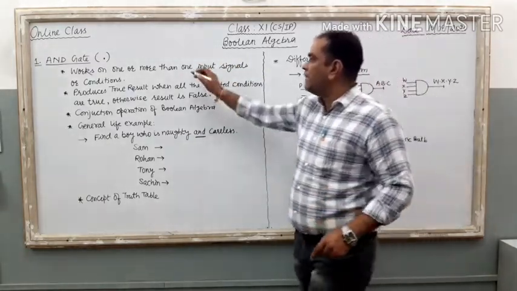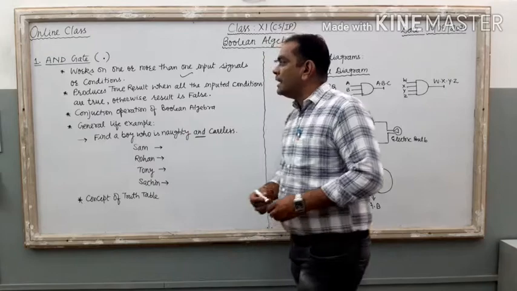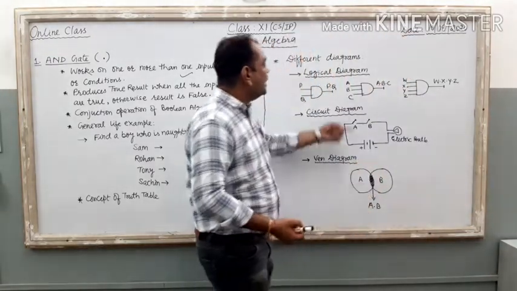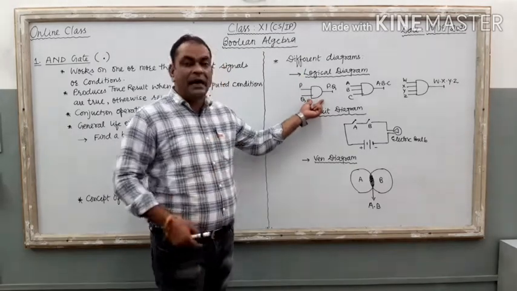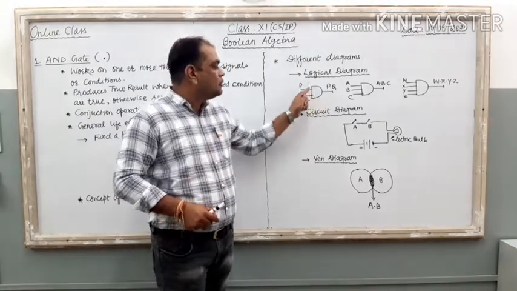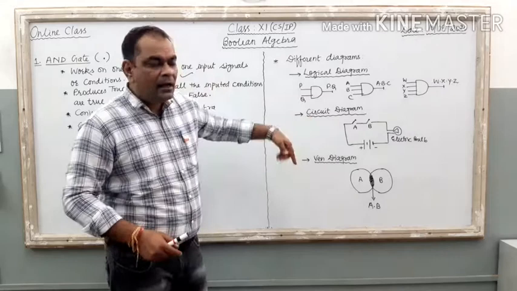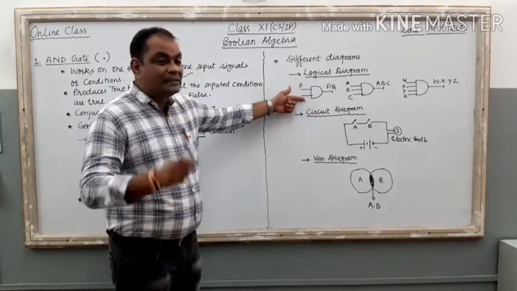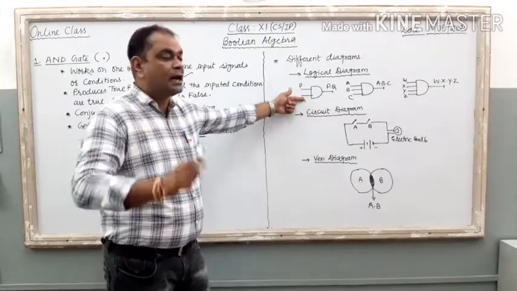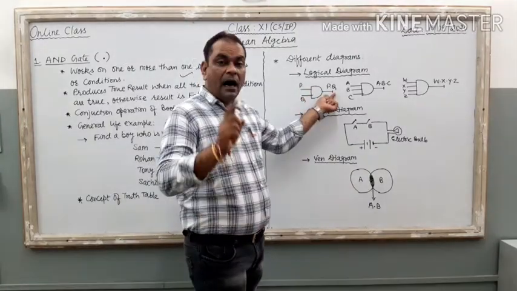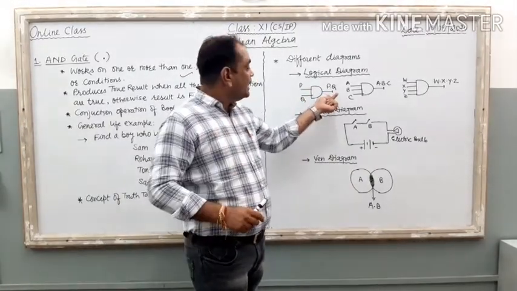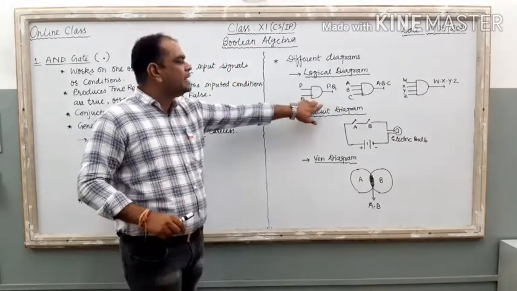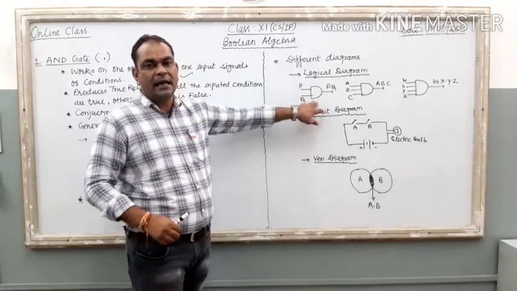So here is the very first point. Now the second point is, what will be the result of the AND gate? If you want to see the diagram of the AND gate, it looks like this. You just have to draw a capital D with some wires. These 2 wires are known as input signals, or we can say input conditions, and the output wire should be one only, and this wire is known as the output signal, right? So it is the representation of the AND logical gate.